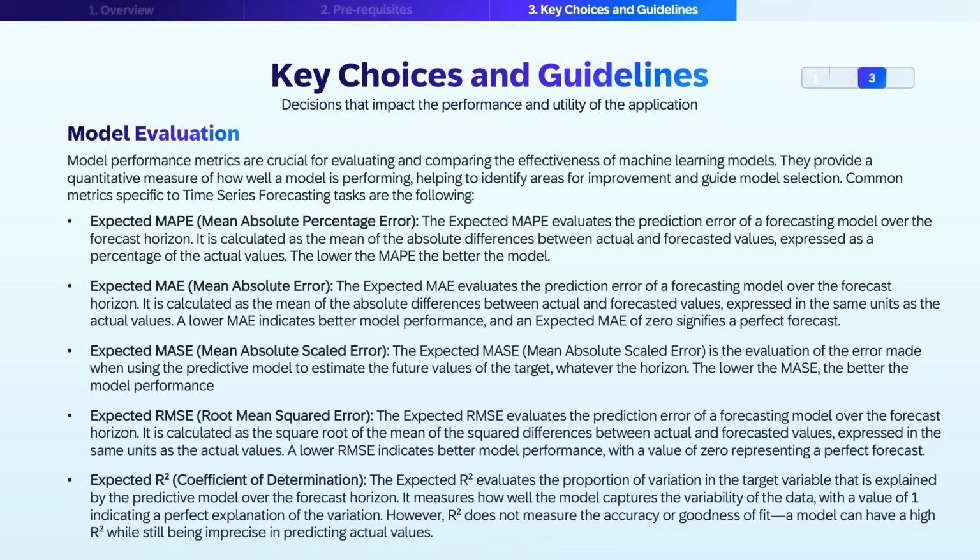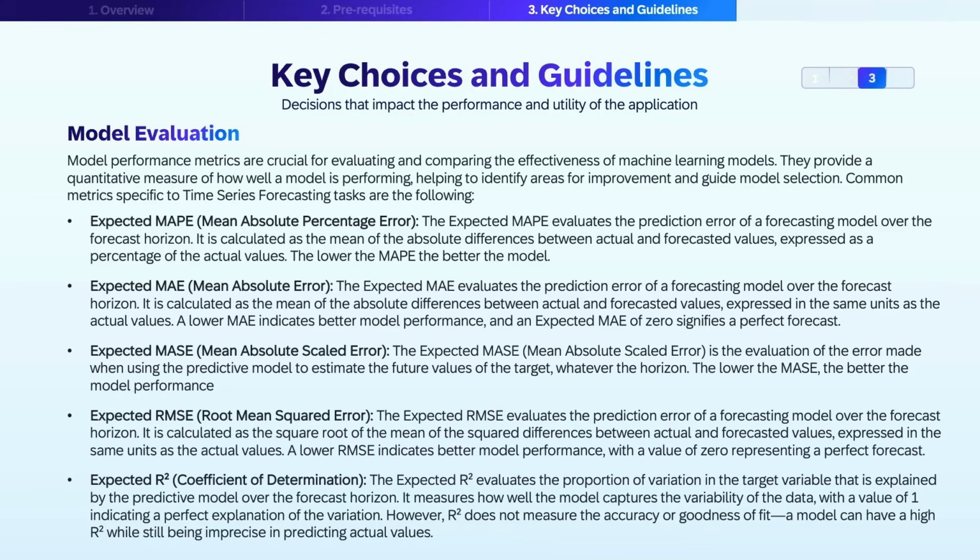forecasting scenarios. Model performance metrics are crucial for evaluating and comparing the effectiveness of machine learning models. They provide a quantitative measure of how well a model is performing, helping to identify areas for improvement and guide model selection. Common metrics specific to time series forecasting tasks are the following. Expected mean absolute percentage error. The expected mean absolute percentage error evaluates the prediction error of a forecasting model